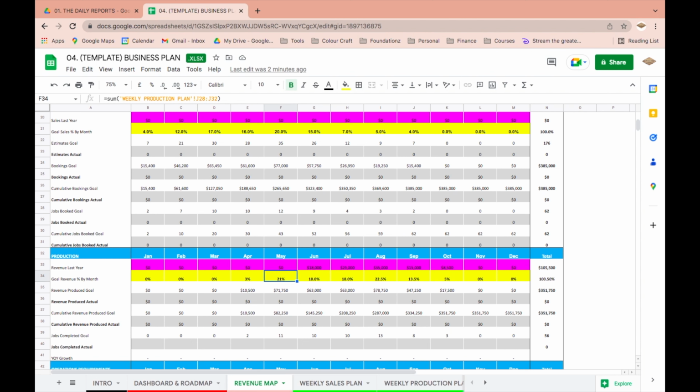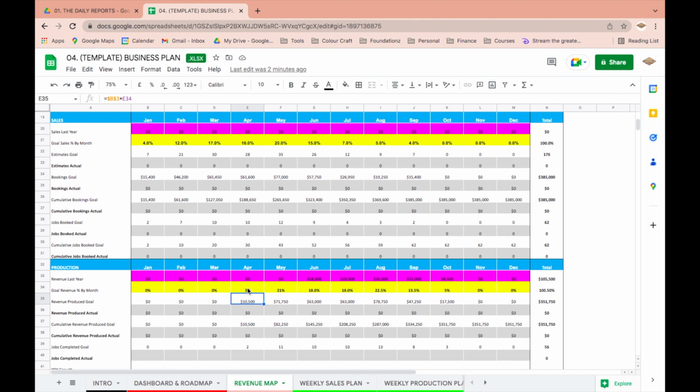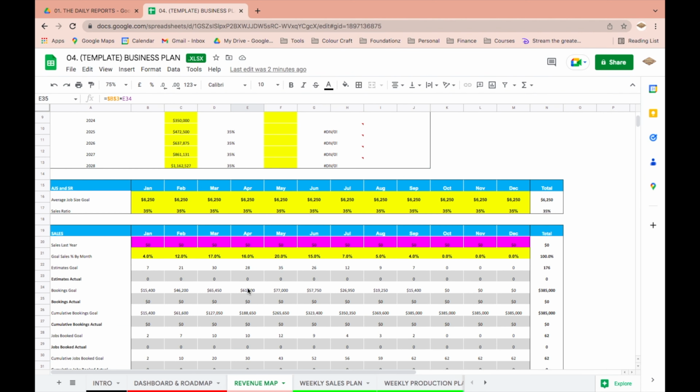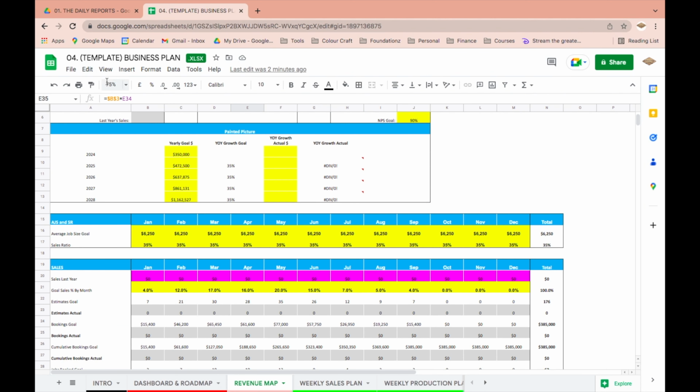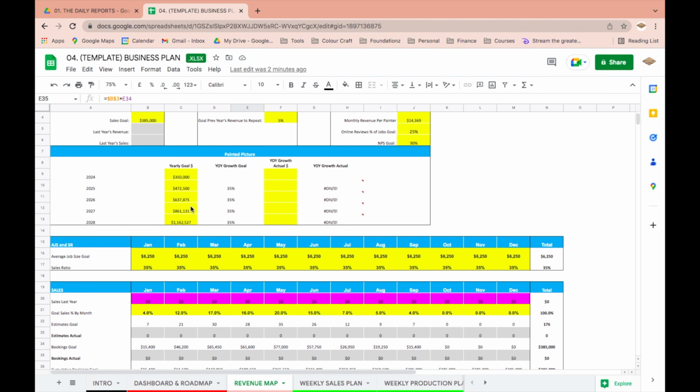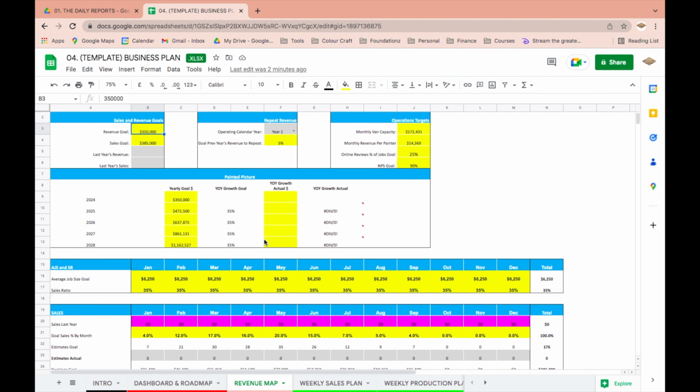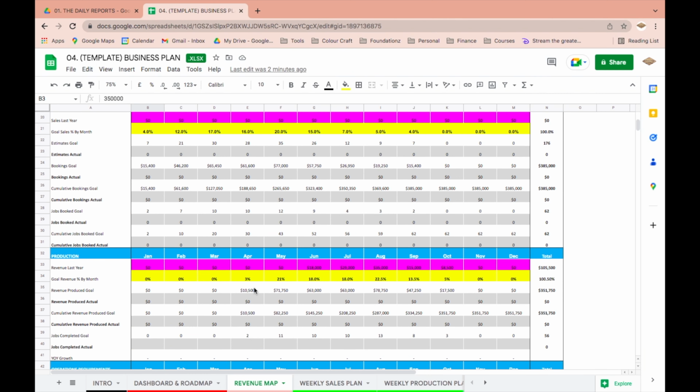So here we have 3% of our production. This number here, 10,500, is coming from 3% multiplied by the number up here, the revenue goal. And that's going to give us our numbers down here, right?